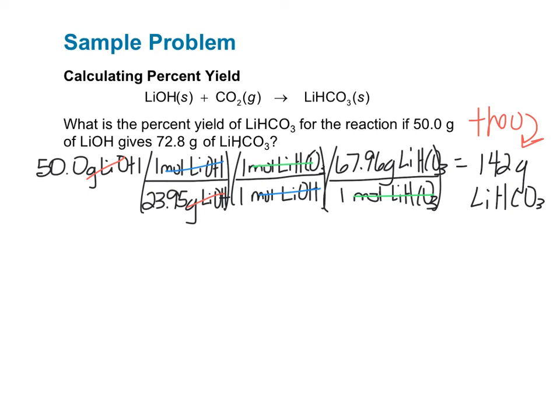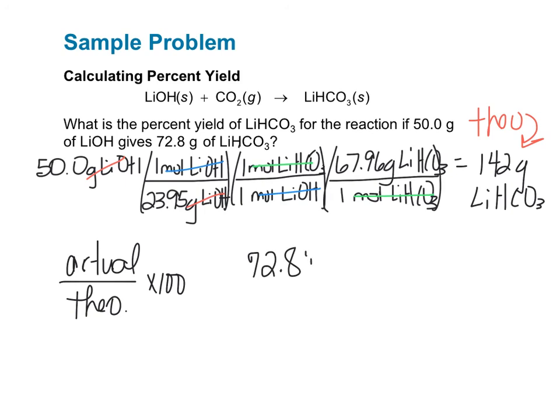So to find percent yield, we're going to take actual over theoretical times 100. So the actual yield was 72.8 grams, and the theoretical yield is 142 grams, times 100. So that comes up to be